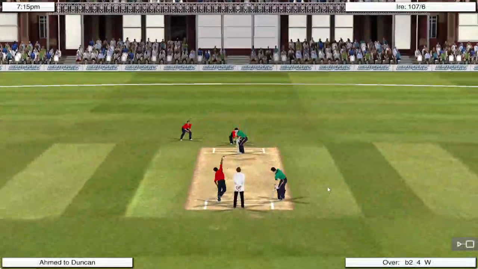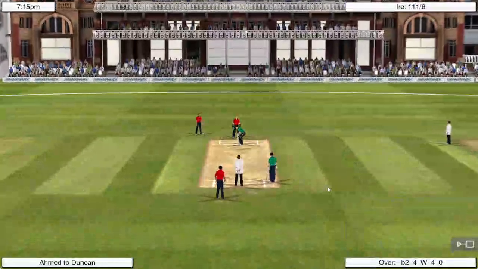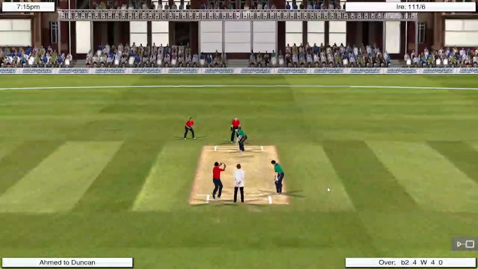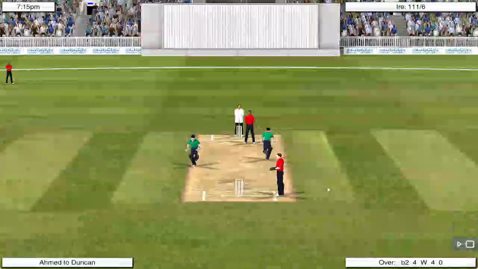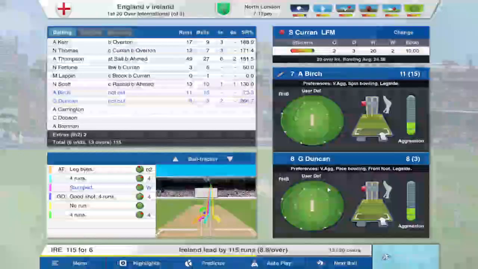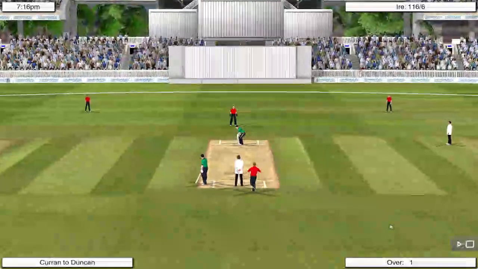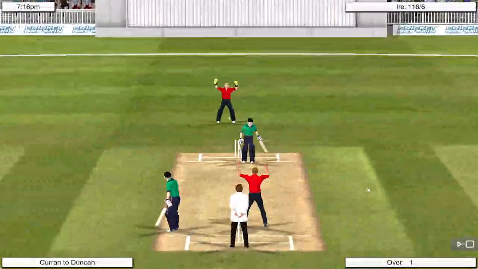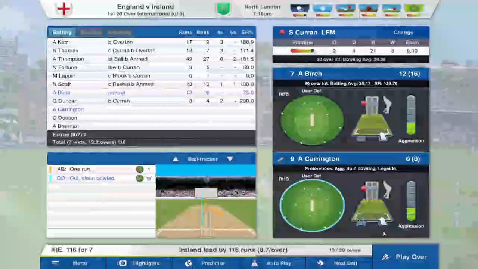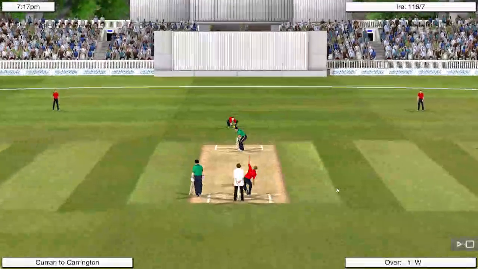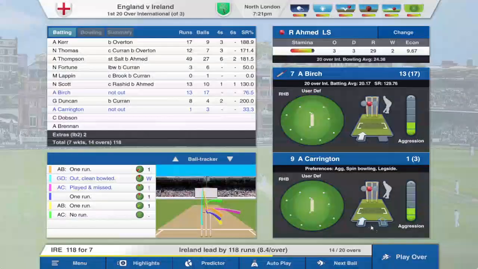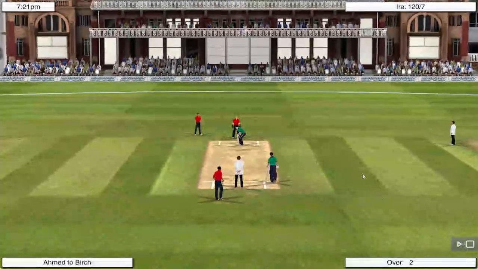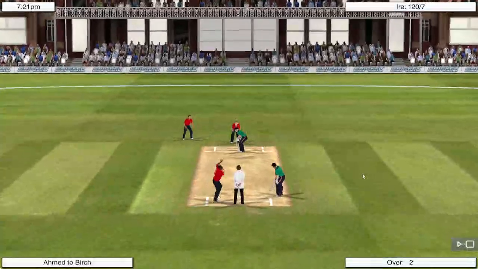Duncan coming in. Rashid has completed his spell of overs, so Rehan Ahmed is given the responsibility of taking the wickets now. And another sweep shot. The sweep shot has been a bit of a two-edged sword for them. Sam Curran bowling the next over, and he gets the wicket of Duncan. 3 wickets for Sam Curran in this innings. And is that another wicket? No, not out. Rehan Ahmed bowling his last over,